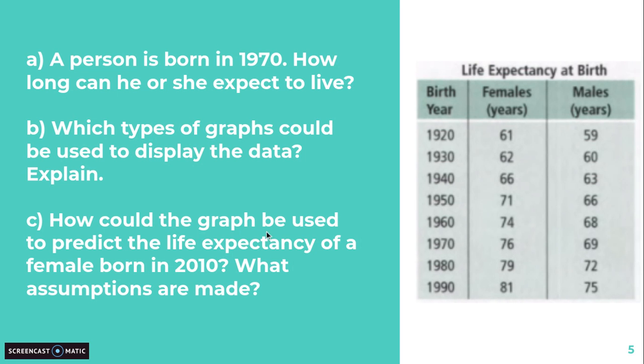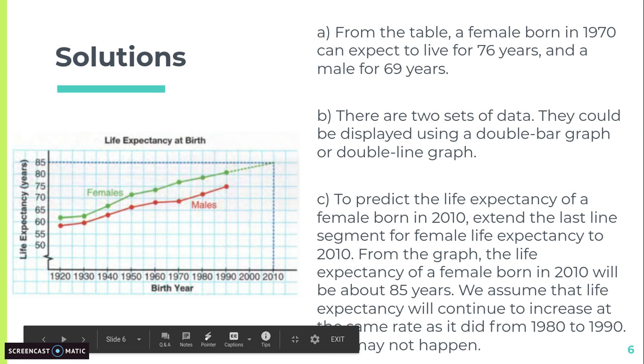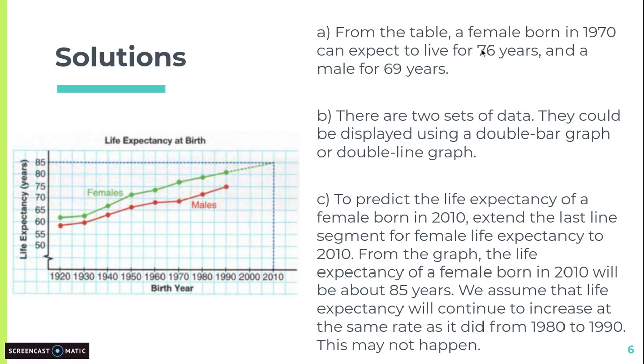C, how could the graph be used to predict the life expectancy of females born in 2010? What assumptions are made? So if we're going to go over here to the solutions, we already talked about this. But let's look to C. Okay, to predict the life expectancy of a female born in 2010, extend the last line segment. So see how this is a straight line from one dot to the next. You're going to extend that